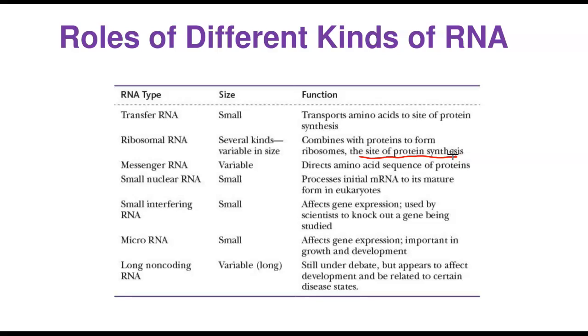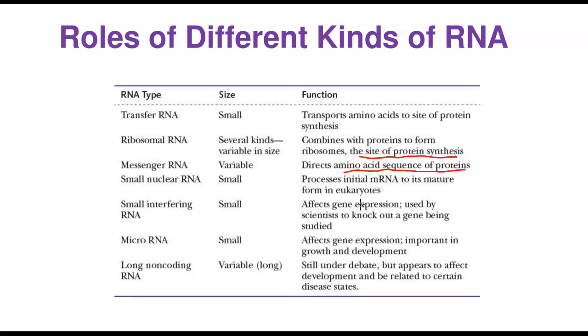The messenger RNA is variable in size. Again, it directs the synthesis of protein, because it carries the blueprint or the information from DNA and gives that information for the synthesis from amino acids to a particular type of protein. The small nuclear RNA processes initial messenger RNAs to their mature form